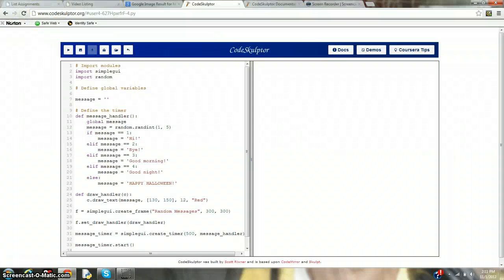Back to CodeSkulptor. The next part, the timer. I'll see what I can show you. Define message handler, global message. This is telling Python, or CodeSkulptor I should say, that message, the one that we will be referring to, is referring to this message right here, not some local message created all over again. So, global message, and now it is going to change this. Message equals